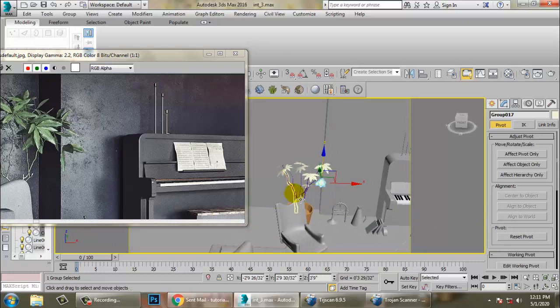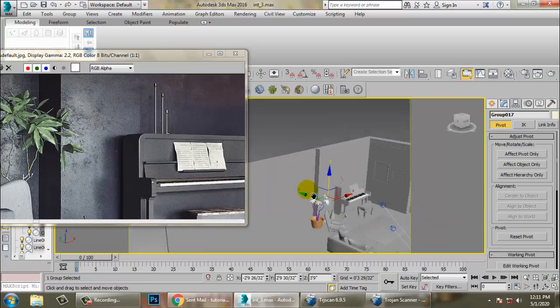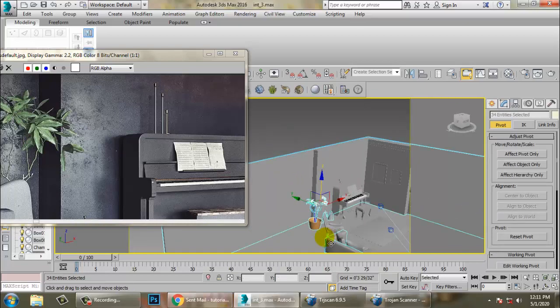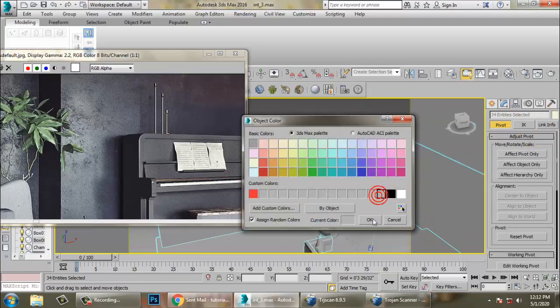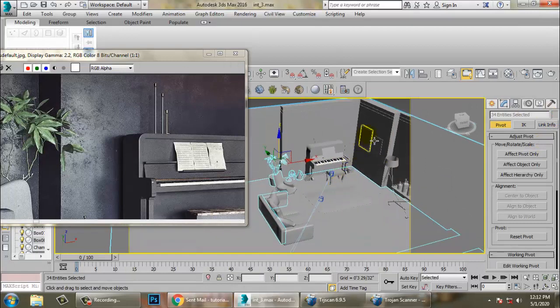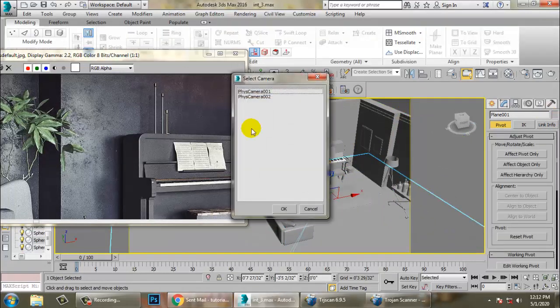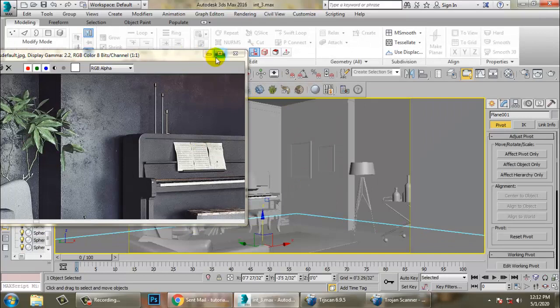Alright, just select this part and let's just give a color to it, and let's get back to the camera view over here.